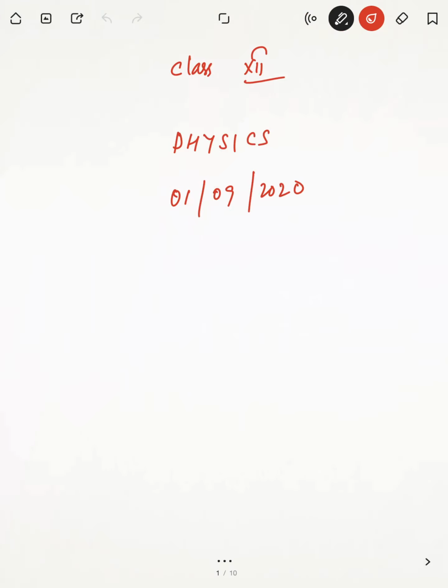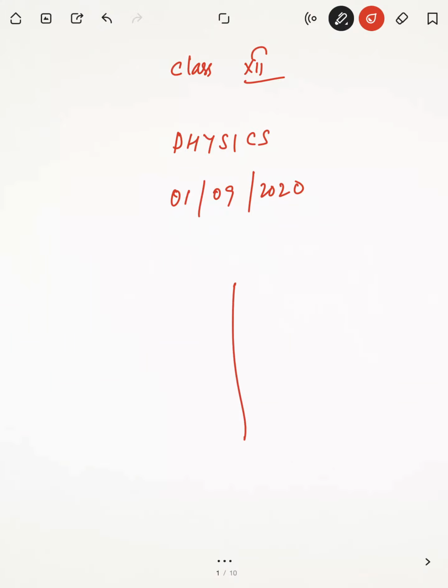Today we are going to discuss the electric field due to two sheets of charges, plane sheets of charges. They are arranged parallel to each other. So that is the next application of Gauss's theorem. Last class we saw the electric field due to a thin sheet of charge.